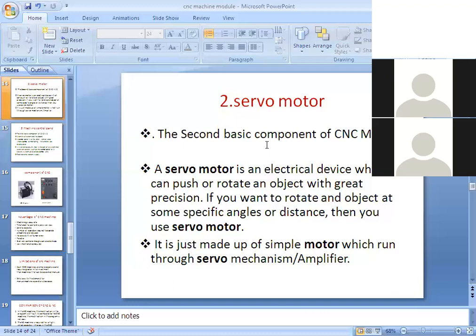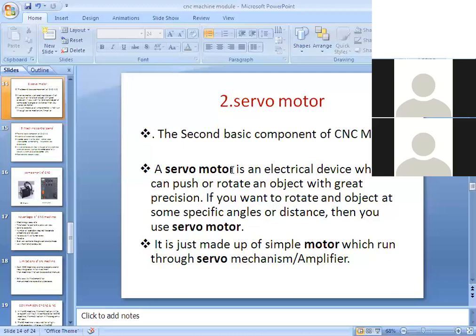If you want to rotate the object at some specific angles or distance, then you use servo motors. Its role is like an actuator: it helps in rotating in the circular direction at any angle, and it can also move any distance. This is the main function of the servo motor.